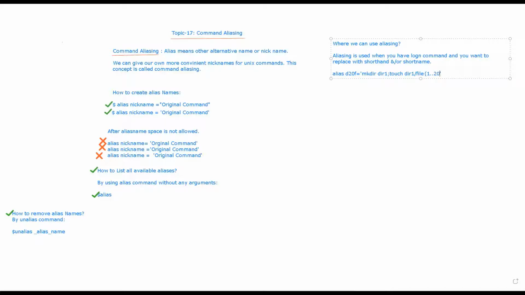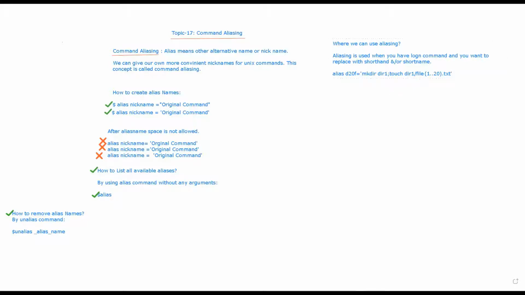What is the file? The file is file{1..20}, right? So basically we are creating 20 files underneath dir1. We are creating a directory dir1 and creating 20 empty files. What is the alias name here?